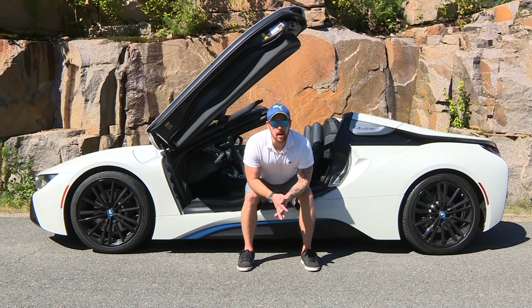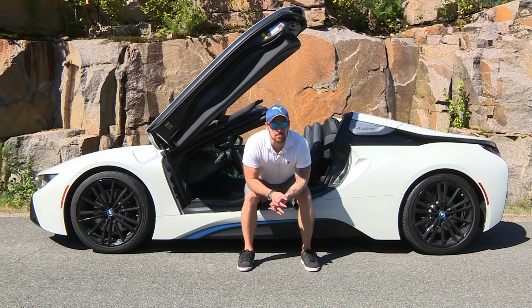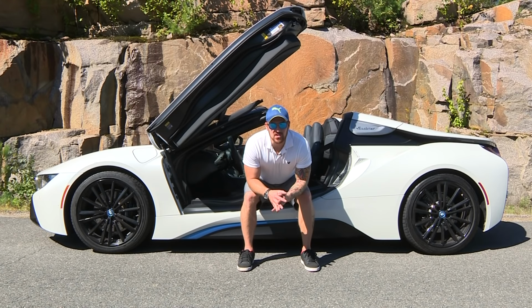So, how much for BMW's most cutting-edge car? Well, as seen here, supercar looks, massive exclusivity, and a partially electric sports roadster with a great top and great manners rings in at the better part of